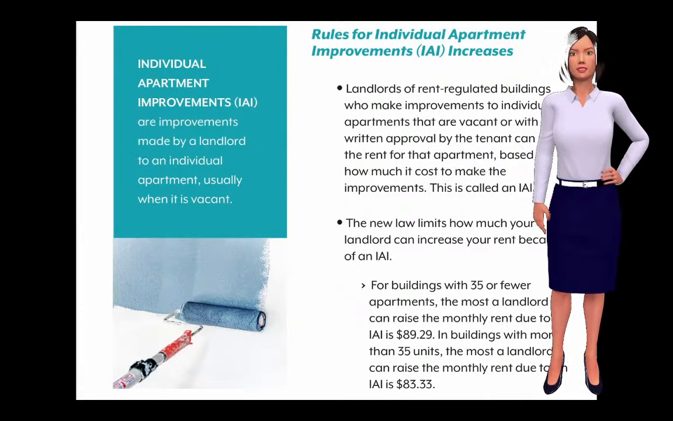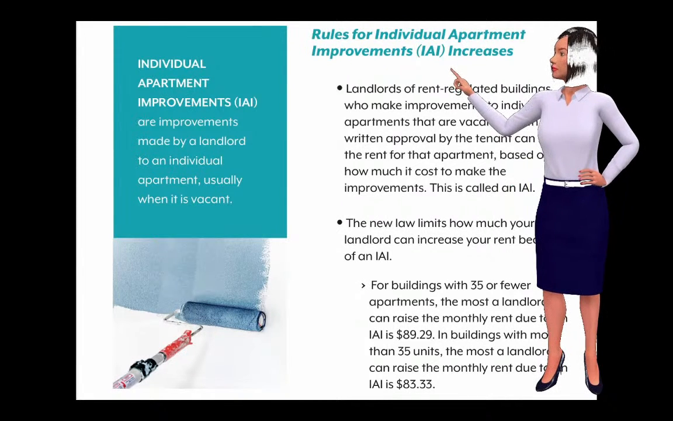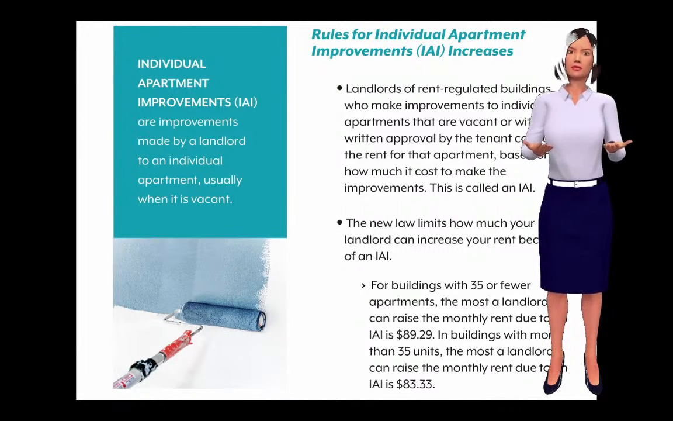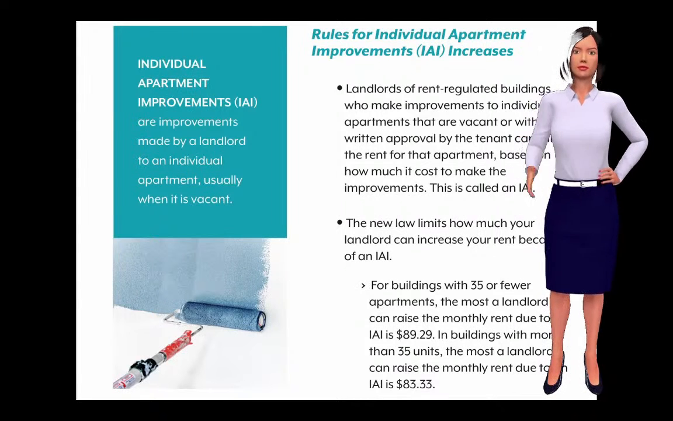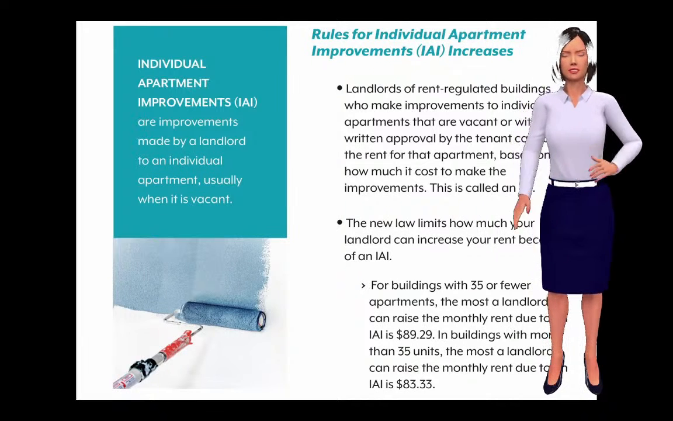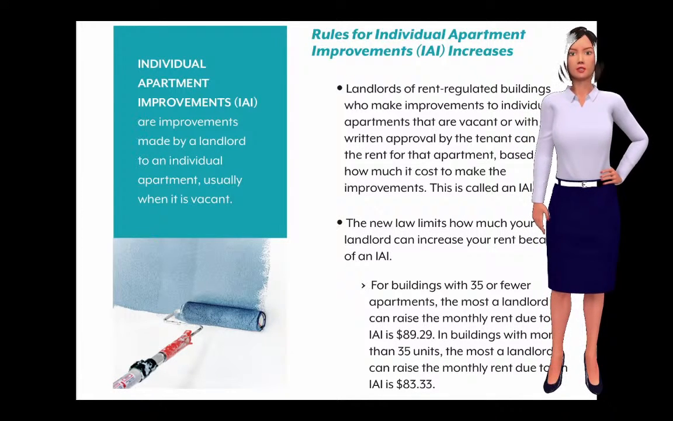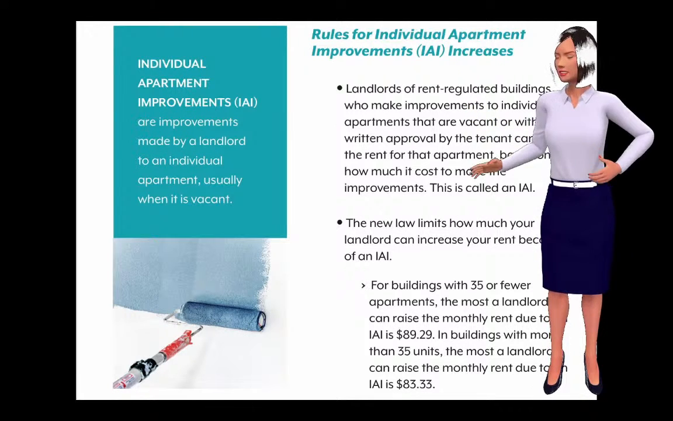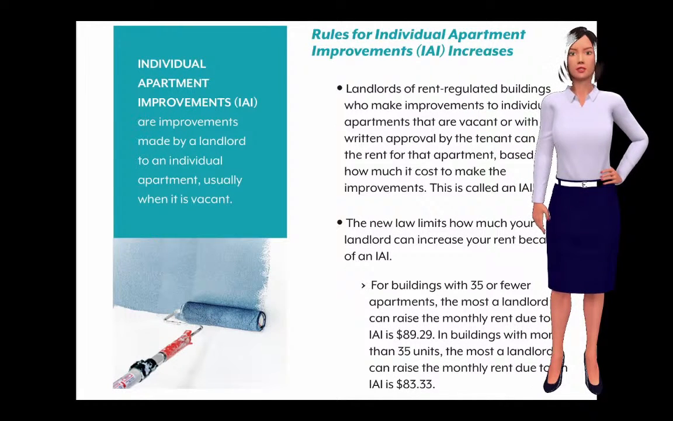Rules for individual apartment improvements, IAI, increases. Landlords of rent-regulated buildings who make improvements to individual apartments that are vacant or with written approval by the tenant can raise the rent for that apartment, based on how much it costs to make the improvements. This is called an IAI. The new law limits how much your landlord can increase your rent because of an IAI. For buildings with 35 or fewer apartments, the most a landlord can raise the monthly rent due to an IAI is